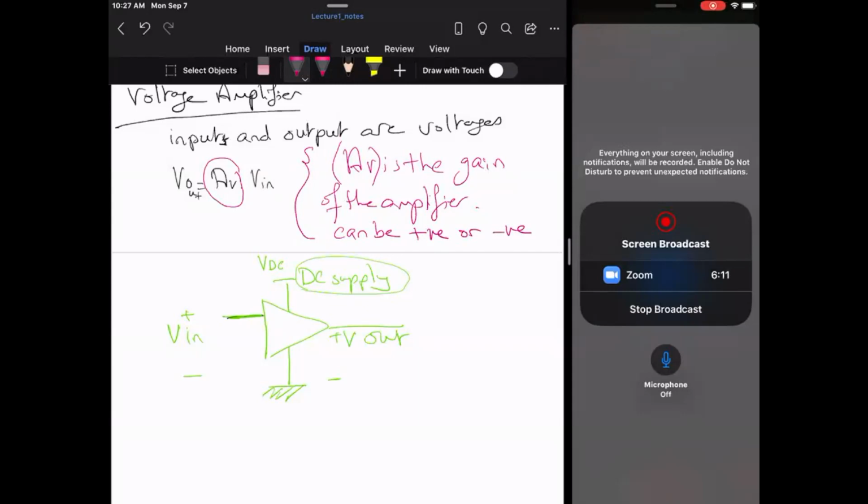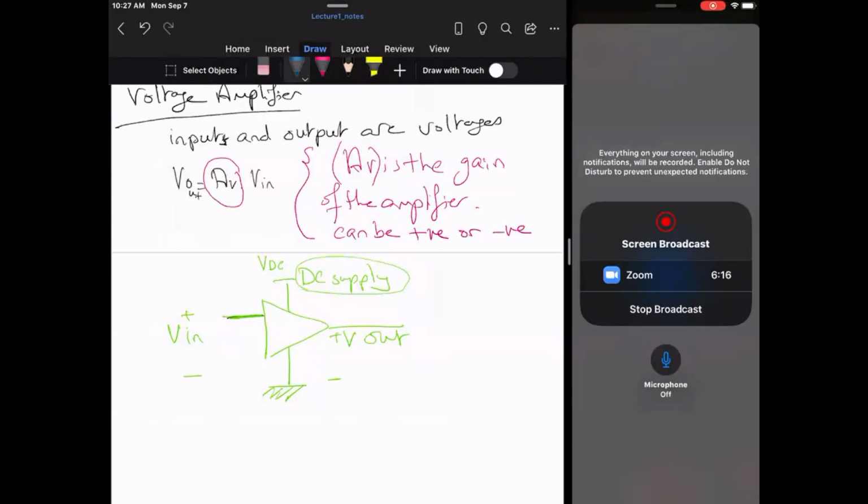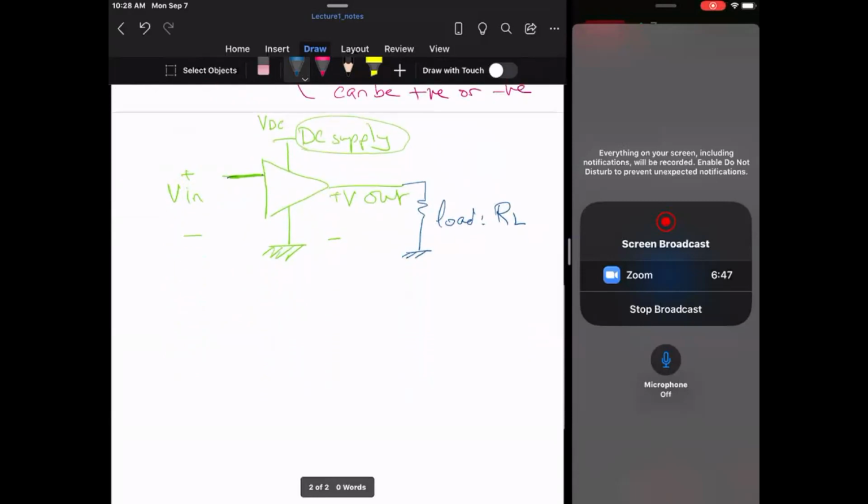Now, typically, the amplifier is going also to drive a load. The signal which I am going to send has to be sent somewhere. So it is going to drive a load. Maybe it's a resistor load, maybe it's another amplifier, so that we can cascade many stages and so on. Or maybe it is just the wire that is transmitting the output signal. Okay, so does anybody have any questions so far about amplifiers?